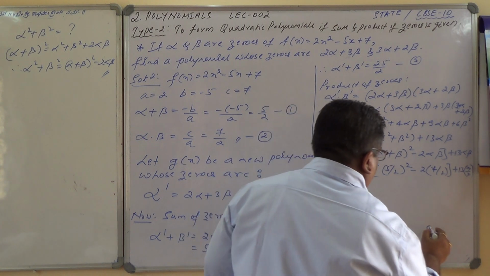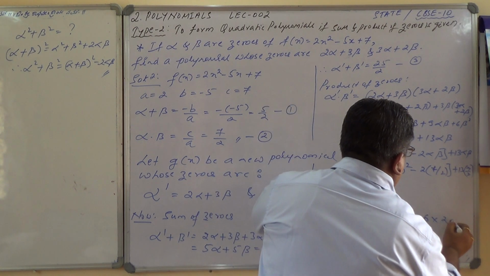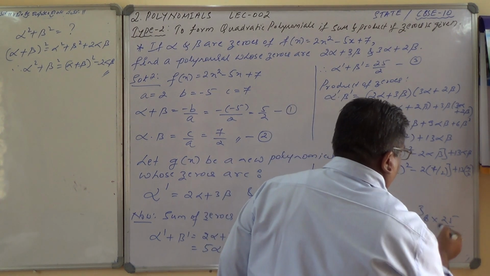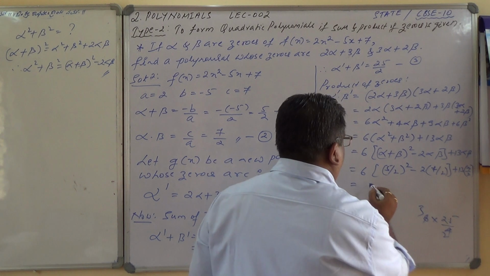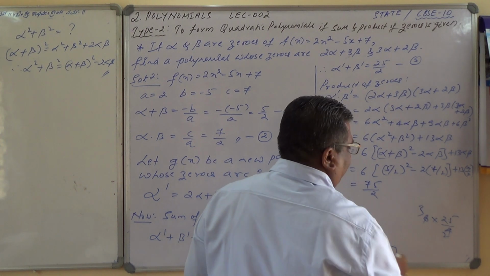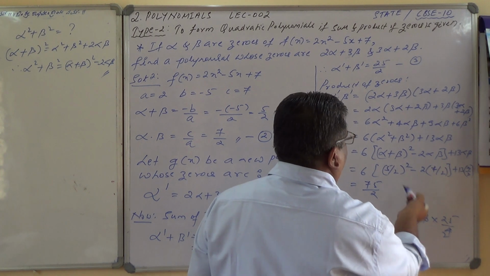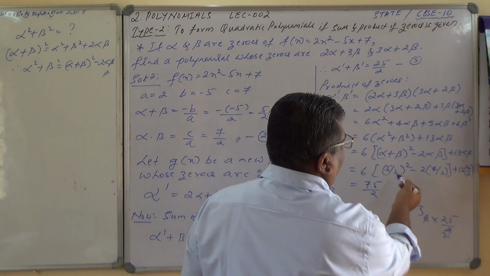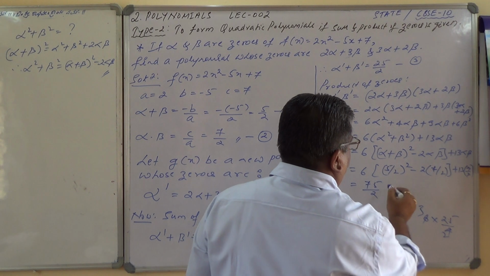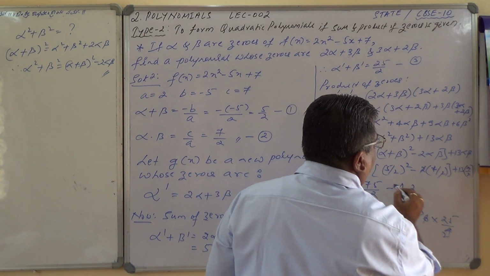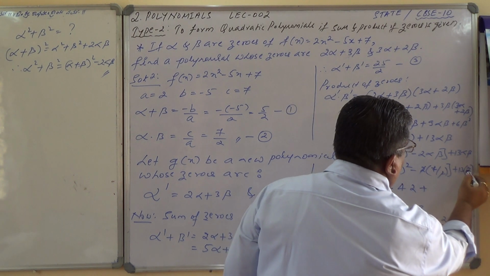So I'll try to simplify here. 6 into 25 by 4: 2 3s are 6, 2 2s are 4, so 75 by 2 I'll write. Is it correct? 25 into 3 is 75, so 75 by 2, because I am multiplying the 6 over here. Minus 2 cancels, 42, plus this,